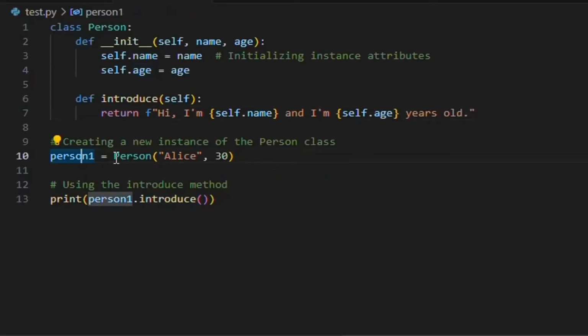person. A new instance of the Person class named person1 is created with the name Alice and age 30. This instance creation calls the init constructor, initializing person1 with those values. The introduce method is called on person1, which returns the introduction message containing the name and age of the person. The print function outputs the returned introduction message, which in this case is, "Hi, I'm Alice and I'm 30 years